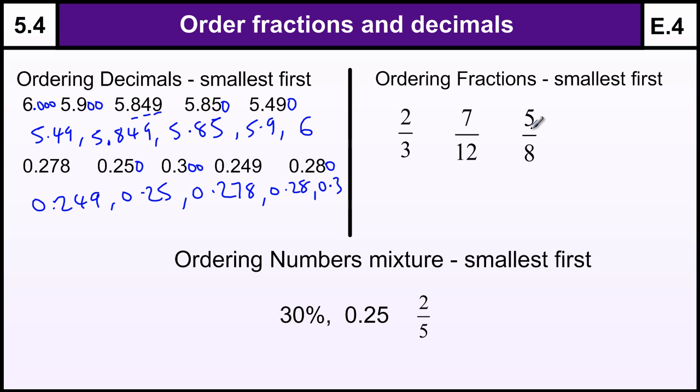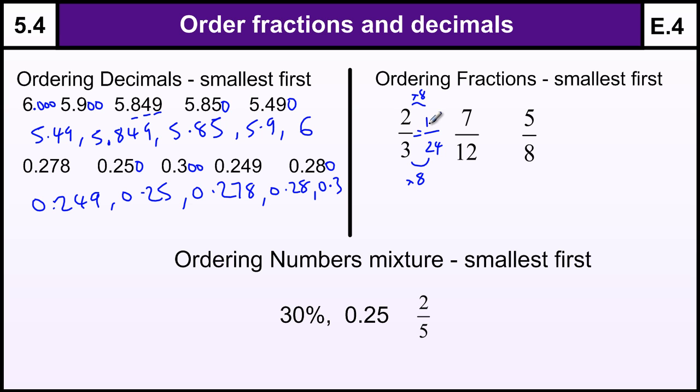Okay, fractions. Fractions are tricky to order. You've got to really convert them, so to be certain you've got to convert them into a common denominator. So we need a number that all these 3 denominators go into, and the smallest number all these go into is 24. So if we convert these into 24ths, 3 goes into 24 8 times, I'm timesing that by 8,